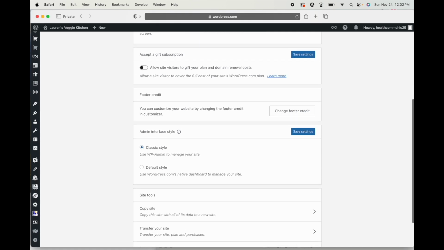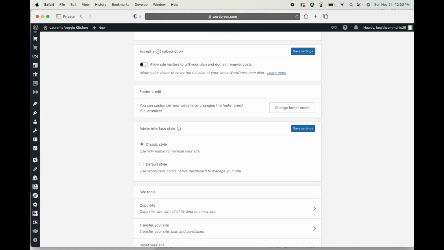So there's those settings. And then this is kind of interesting, accept a gift subscription. If you want to, you can check this box to allow site visitors to gift your plan and domain renewal costs. So if you're like a blogger on a tight budget, but you've got subscribers that love your content and you think that some of them might be willing to donate and volunteer to cover that cost for you of renewing your WordPress.com plan, then you can